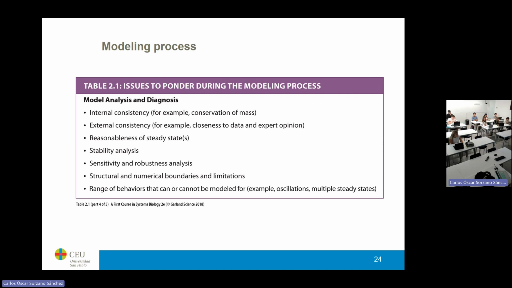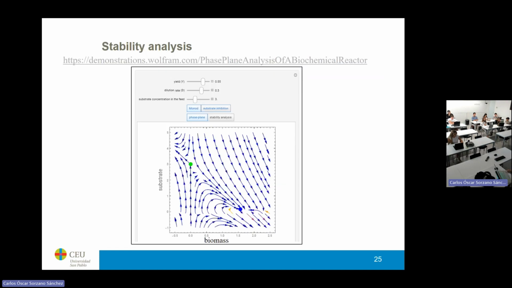So it should have reasonable steady states. Steady states are those states that are stable. You can do a stability analysis. You can do a sensitivity analysis. We will see these two ideas now. And we can see what are the numerical boundaries and limitations. So what kind of states cannot be modeled, this kind of stuff. So what is a stability analysis? Stability analysis is a kind of analysis where you analyze which are the stable